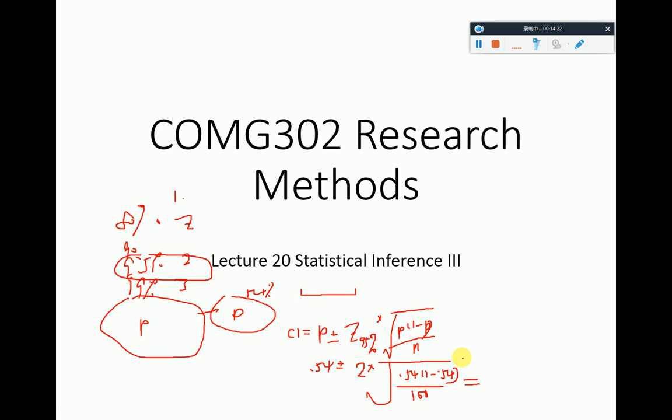The first task, of course, is to calculate the standard error for the sample proportion, using the calculator. So it will be 0.54 times 1 minus 0.54, which will be 0.46. Then we take this product term and divide it by 100. And then don't forget to take the square root of this product term divided by 100. So that will become